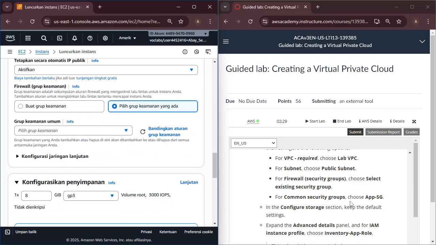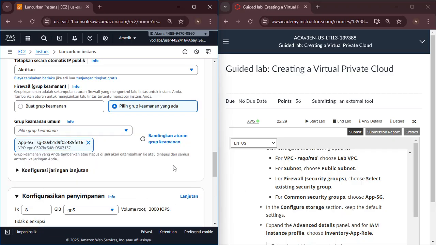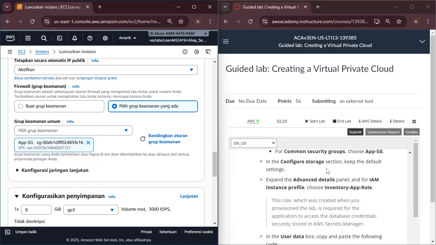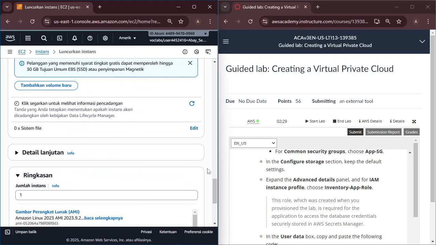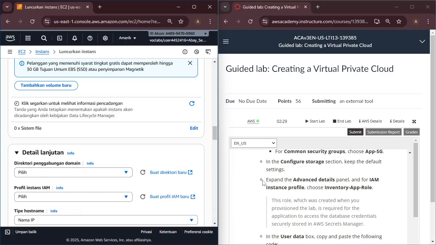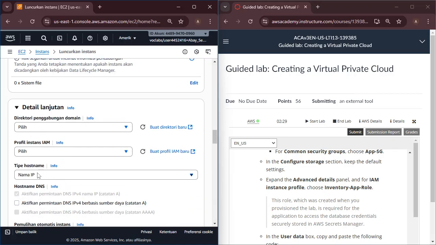Then for common security group, choose FSG. Okay. In the Configure storage section, keep the default setting. And for IAM instance profile, choose the role.